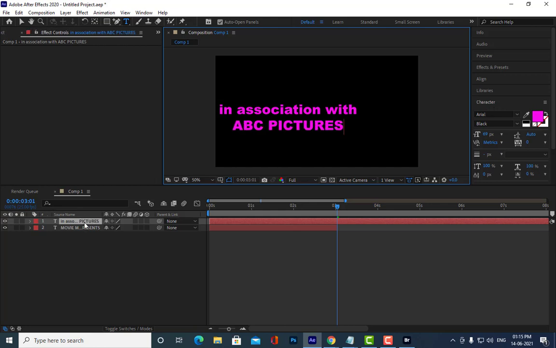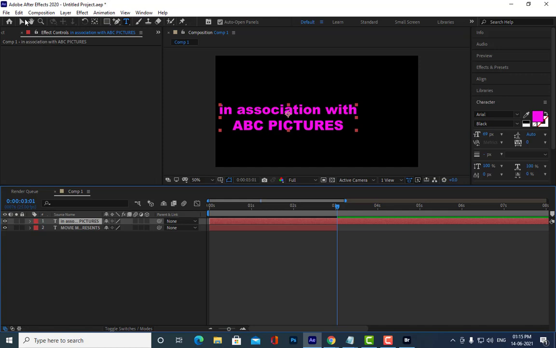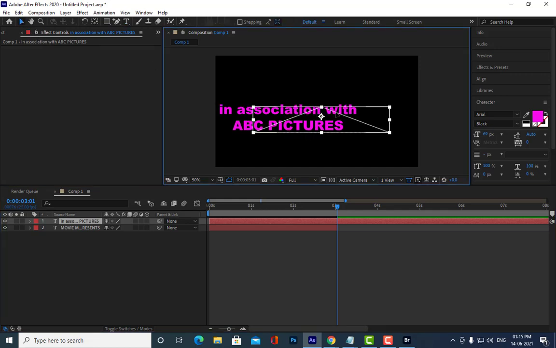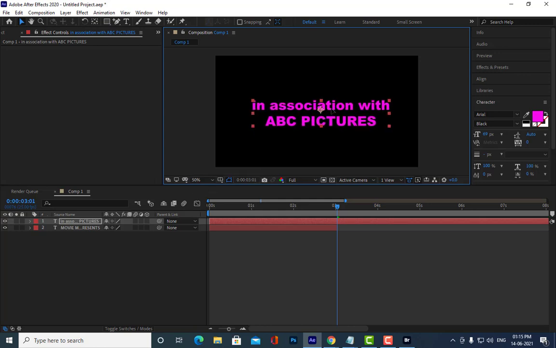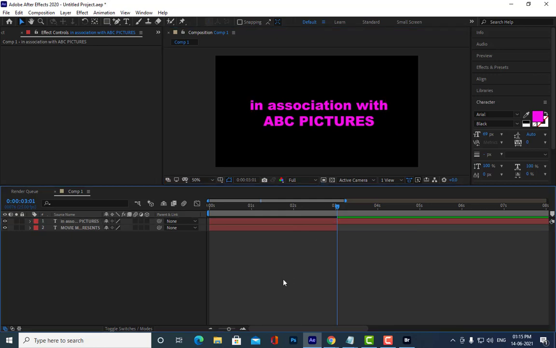Is that clear, all of you? Now I have to cut from the current time indicator. Alt and open square bracket.